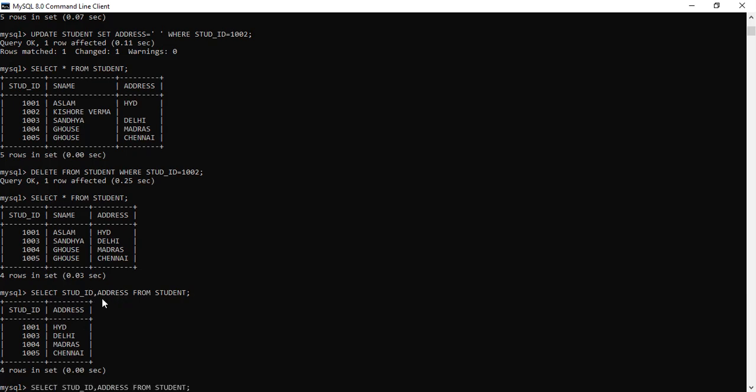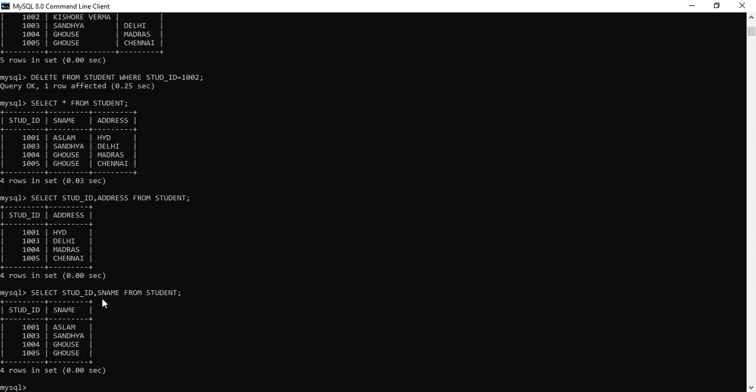If you want to display only the roll numbers and the student names, then these two things will be displayed to you. Right now, if I did not use the drop and delete and truncate command, let us do that one.